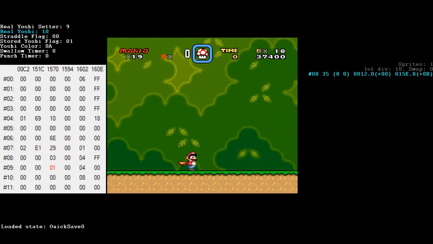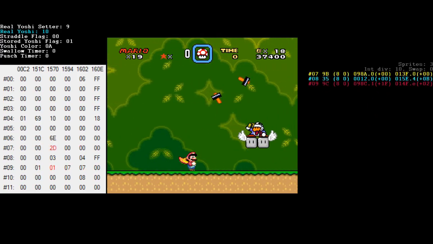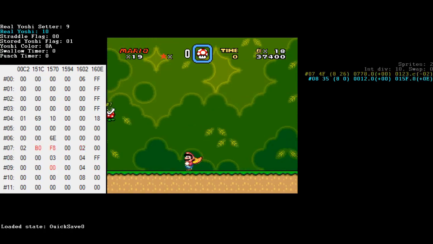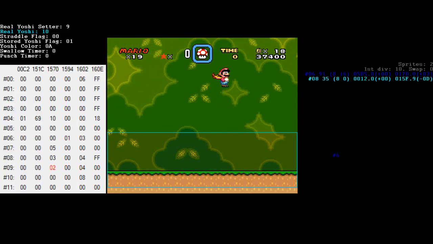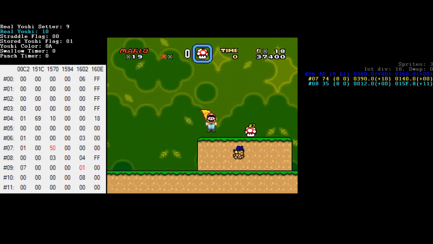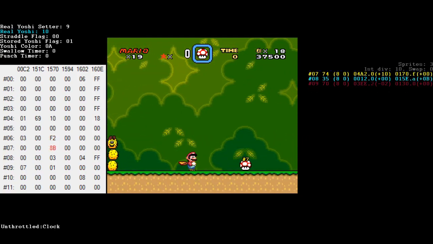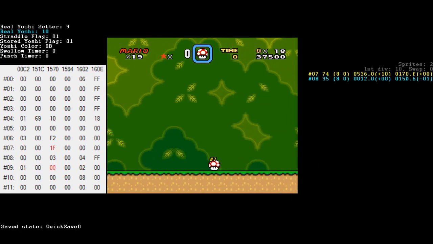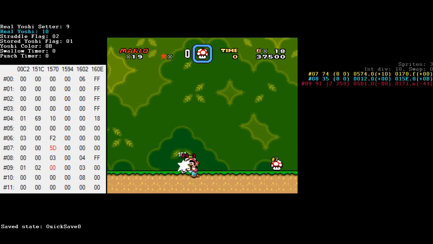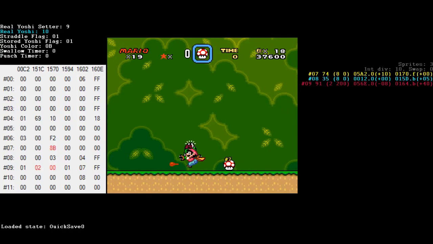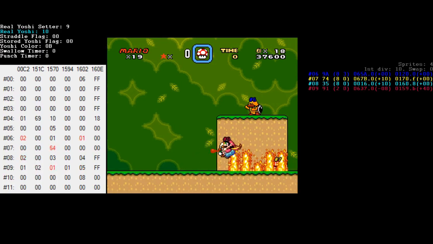Oh, the Hammer Brother. The Hammer Brother's not crashing the game. I wonder if that's because I have a Yoshi in slot 8 over there. Guess I could, let's just bring this mushroom with me. I'm trying to make the game crash because the Hammer Brother... Oh god. No, no, no, no. The Hammer Brother uses... Oh god. The Hammer Brother uses,